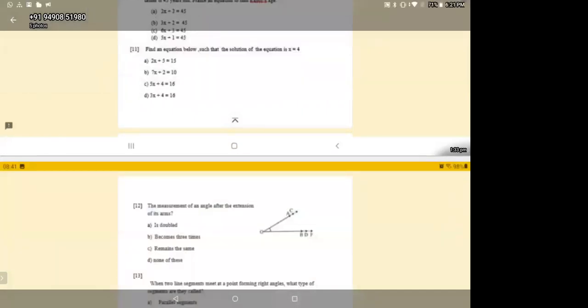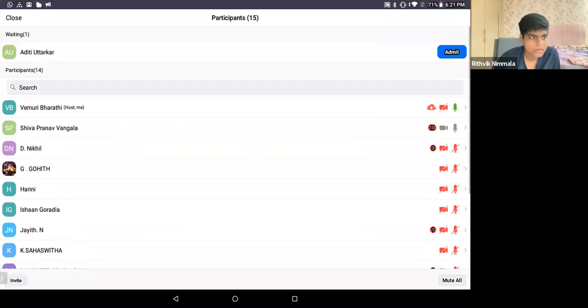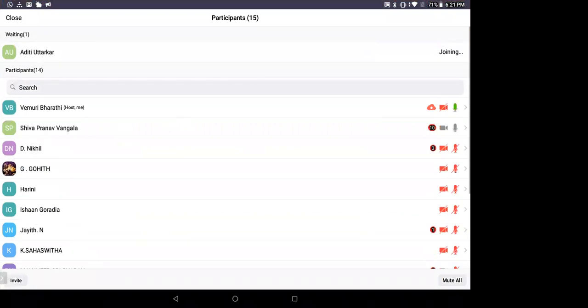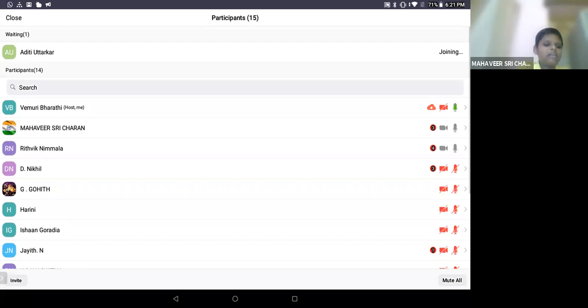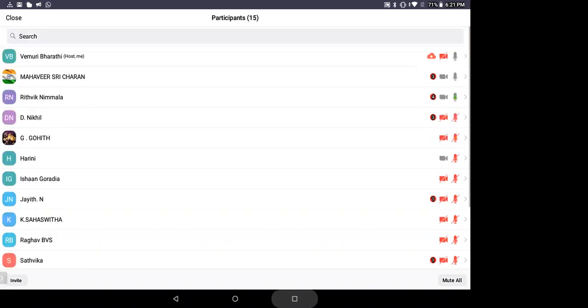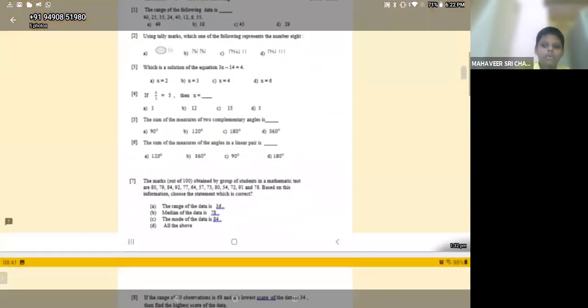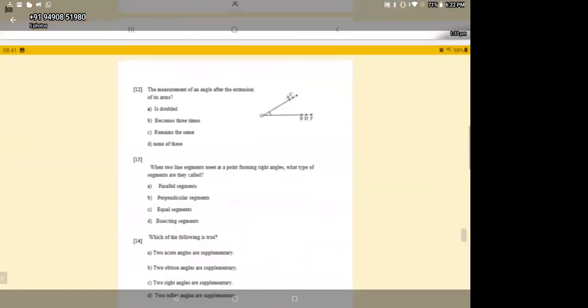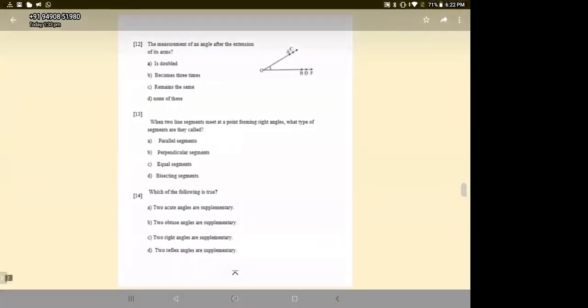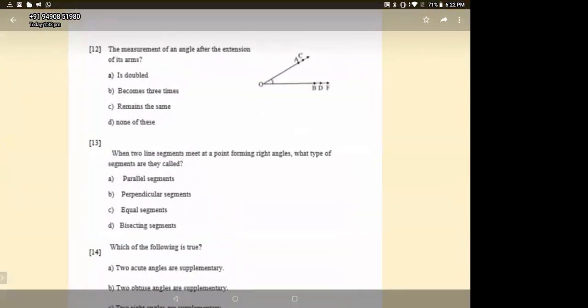Ma'am, Raghav was telling it's C, ma'am. Oh, Aditi is in the meeting. Still, Aditi is having some network issue, children. That's why she is continuously waiting there somewhere. Ma'am, sometimes you have to stay in the participant list only, till they join. Ma'am, make someone else the co-host, they can check every time, and you won't have to go there. Yeah, because there is a network issue today. Even for me also, there is a lot of headache with grade 6, Nana. I'm unable to connect with the students today.